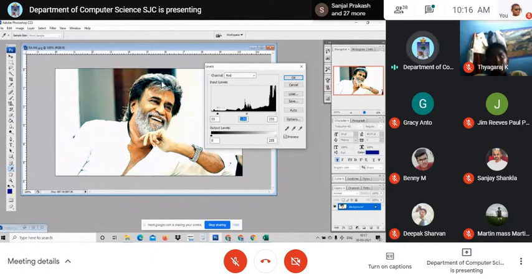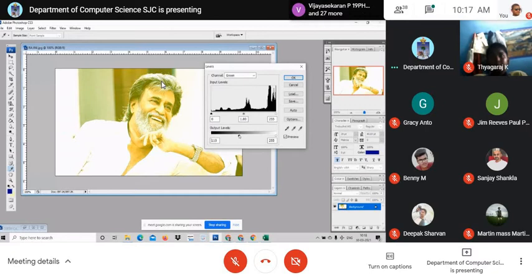I'm reducing red color. See, actually, see here. Am I clear? See. Red channel, adjustment of red channel, red color or red alone. See here. I want to do it for green. Look at here. See, completely I can go for green. See here, greenish. Am I clear to you?